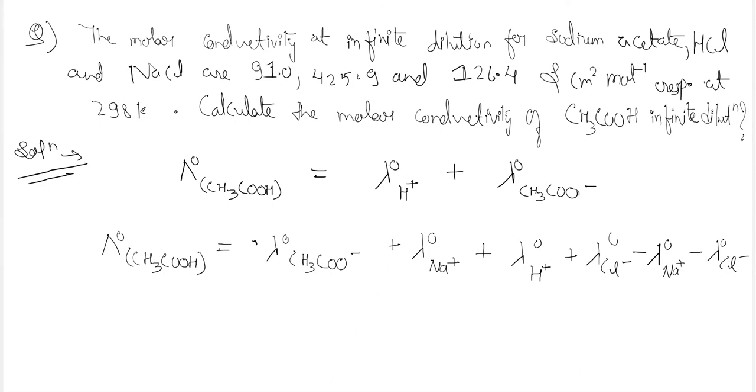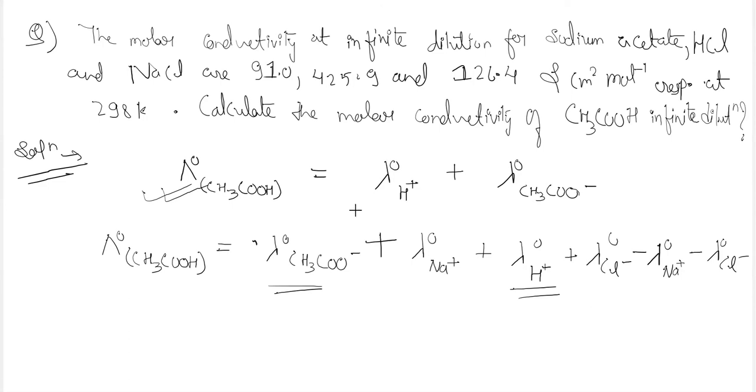If I am subtracting these values here, it will be plus plus, and I have to remove the Na and Cl, we have to eliminate them. Then only the acetate ion and the H plus ion will remain. So after putting this value, we can see that the same formula for Kohlrausch's law has been found.